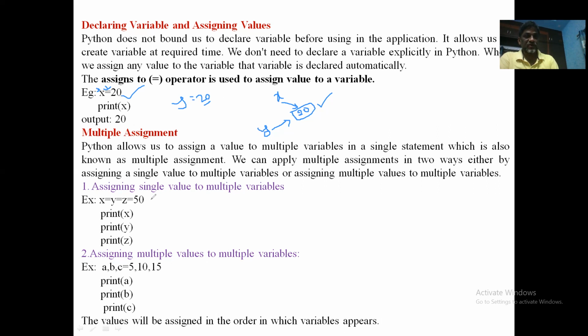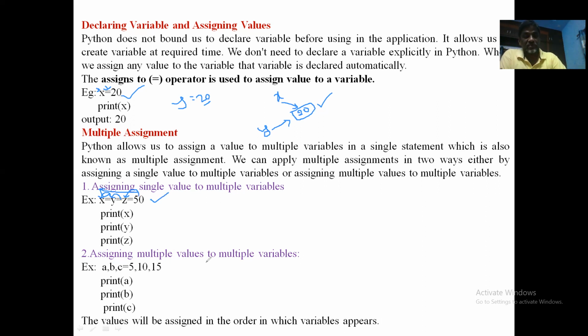And then you can perform multiple assignments also, like this. x is equal to y is equal to z is equal to 50. It works from RHS to LHS, that is from right to left. First 50 is created, and then it points to z, and then the value of z points to y, then y to x. Assignment operation is performed from right to left only.